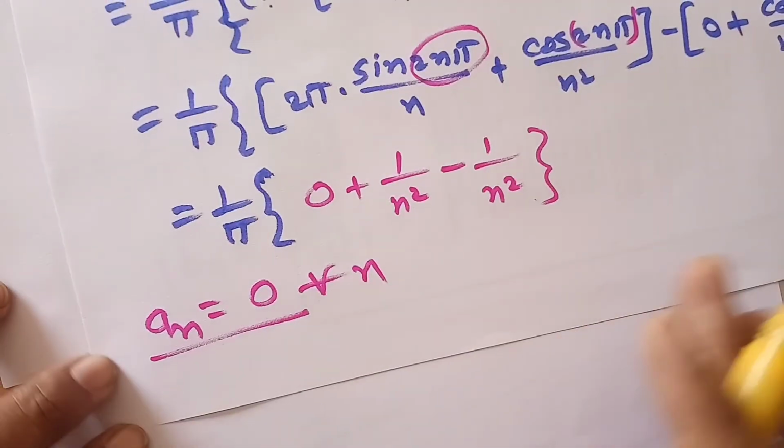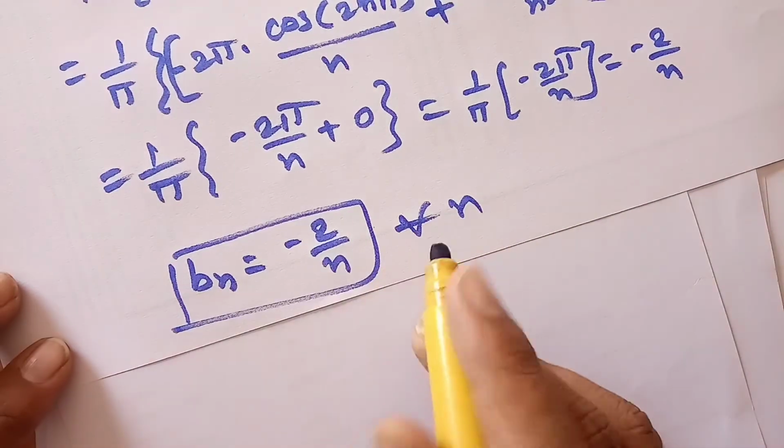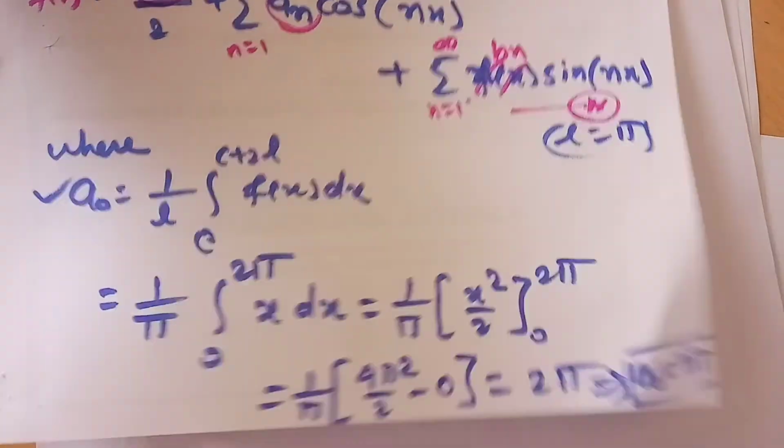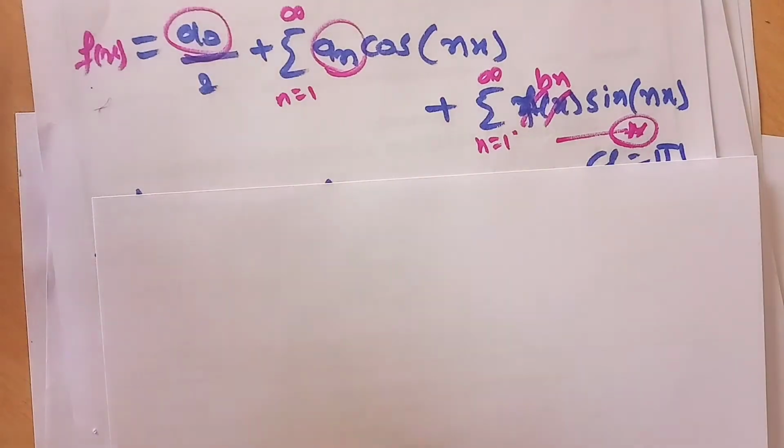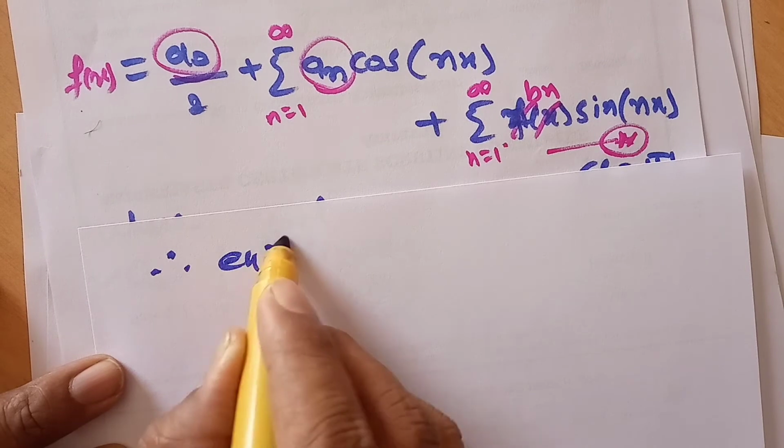We have calculated an and we are getting an equal to 0. Then we have to find bn, and bn is equal to minus 2 by n. Therefore, putting all these values in star, this is our star, equation star becomes